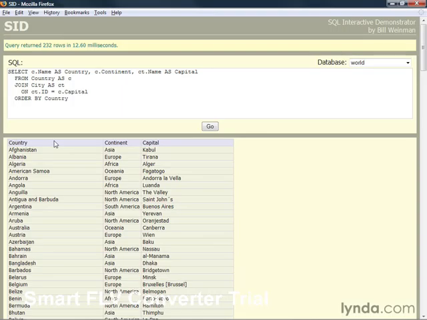Now sometimes you will see this query written a different way. I'm going to just show you what that looks like. This is the correct way. This is the way according to the standard. And all the modern database management systems will accept this